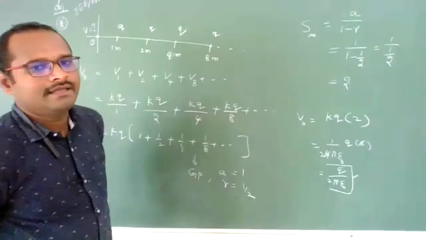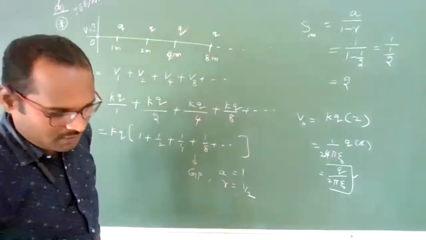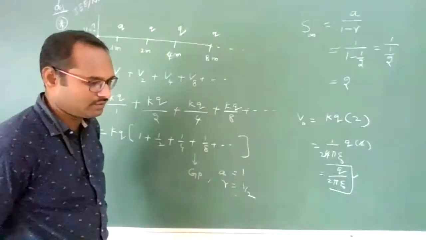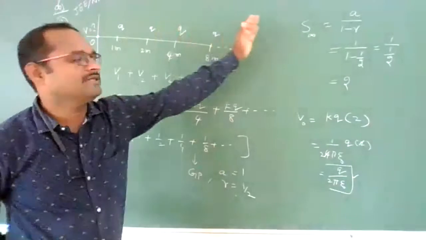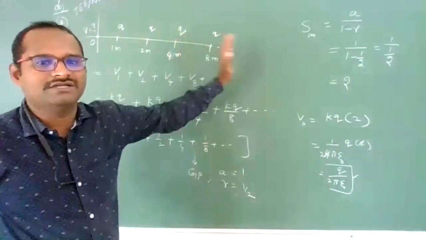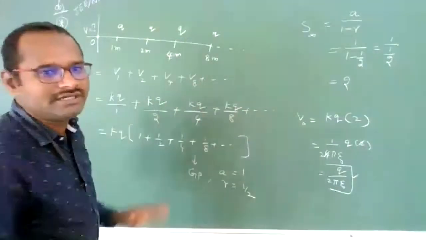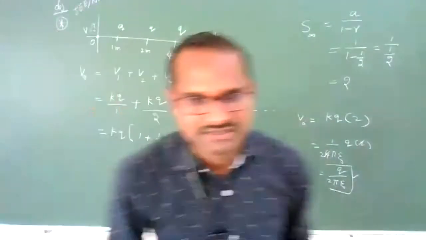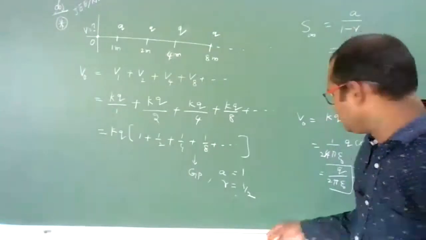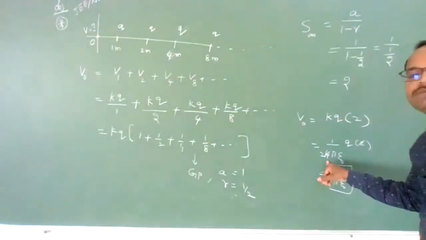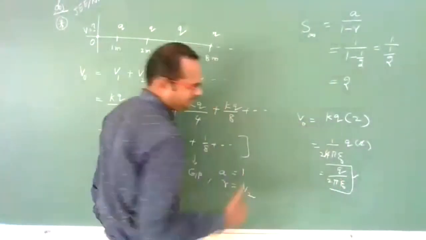Now, I will make a small modification. Try to find out. I have kept charges plus q, plus q, plus q, plus q at 1 meter, 2 meter, 4 meter, 8 meter, and so on. Now, if I keep alternate charges at alternate distances as opposite charges. You can use the k value as 9 into 10 to the power of 9 also. But if it is like this, you can keep it as an option.